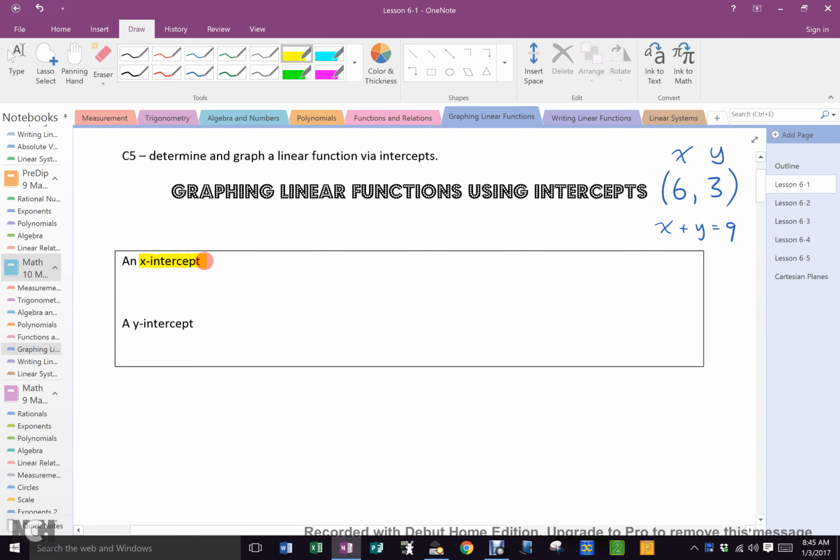An X-intercept. What does the word intercept mean? If you intercept a pass, what does it mean? Forget math class. What does intercept mean? Get in the way of something. Perfect. Excellent. So an X-intercept is the point